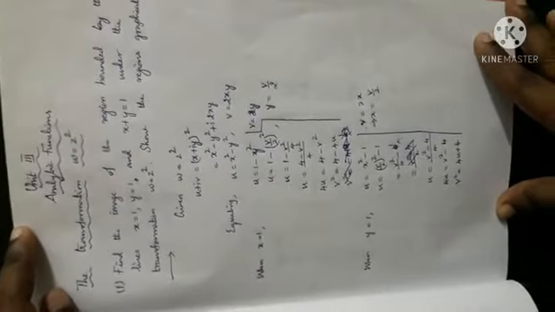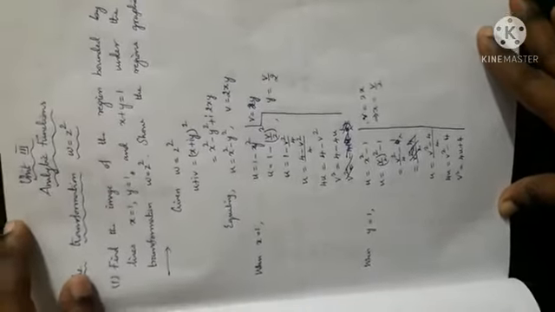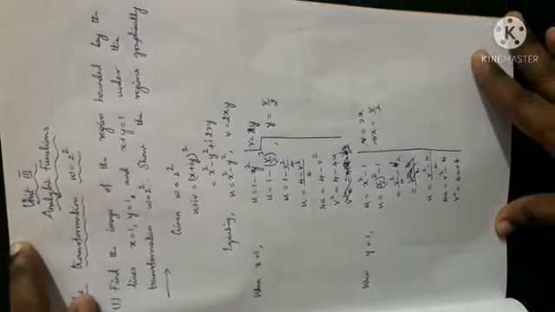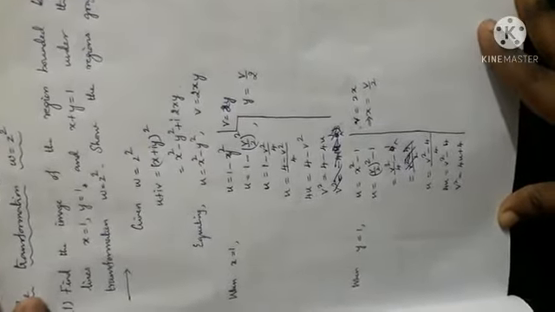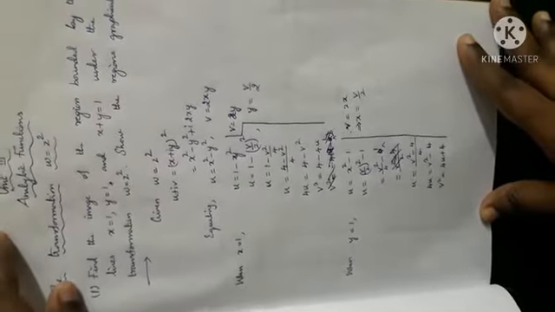So if you have two curves that intersect at z0 in z plane, and the two curves have images in w plane, and those two curves intersect at w0 in w plane. If the angle between these two curves in z plane is theta, and you have the same angle theta between the two curves in w plane, and also the direction is the same, from C1 to C2 in z plane and anti-clockwise from C1 to C2 in w plane, then we say the mapping is conformal mapping.